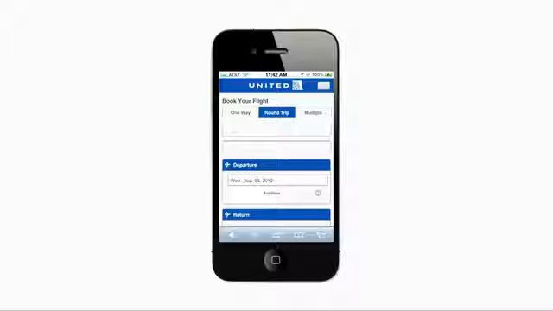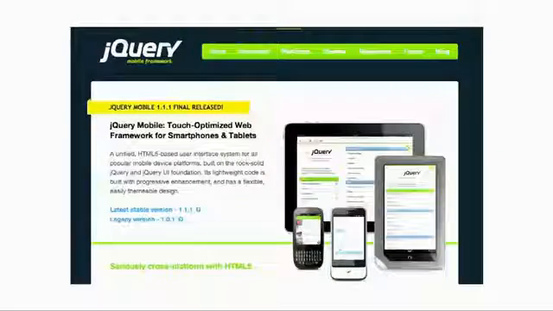And then the question is, how do you go about building something like this? There are lots of ways of building dedicated mobile websites, but one that I'd probably recommend as a really good starting point most of the time is something called jQuery Mobile. jQuery Mobile is a great library that your developers can use. It's used for a lot of the dedicated websites, and it makes it very easy to create a website that